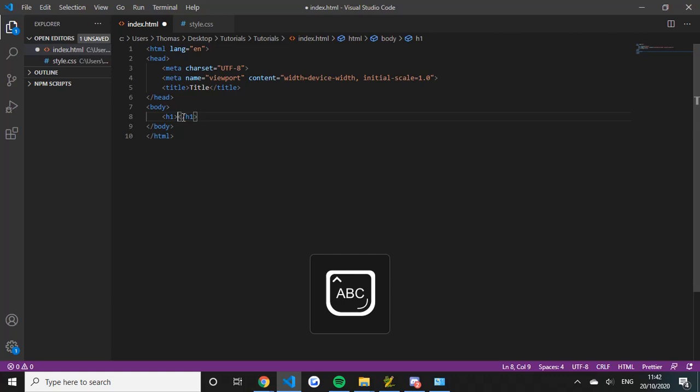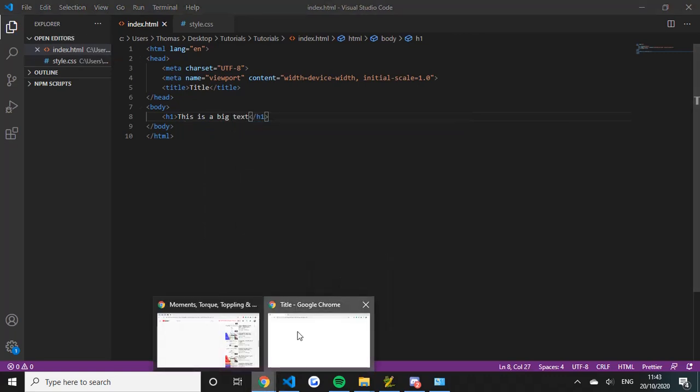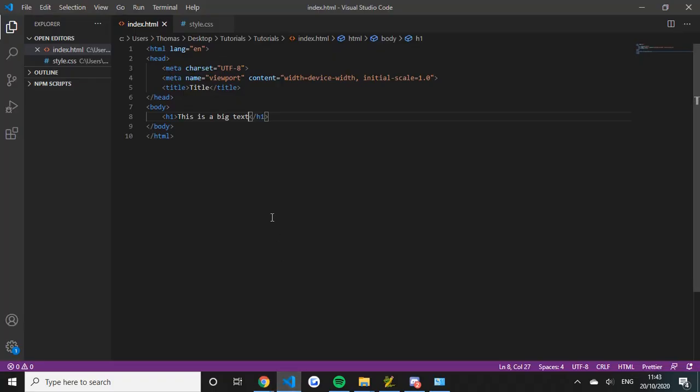Now H1 is just a massive paragraph, like massive text, so let's just put this is a big text. Okay, right. It should come up. Yeah, there you go. It looks ugly now, but yeah. Let's actually do this with an ID. You do this inside the H1 tag and do